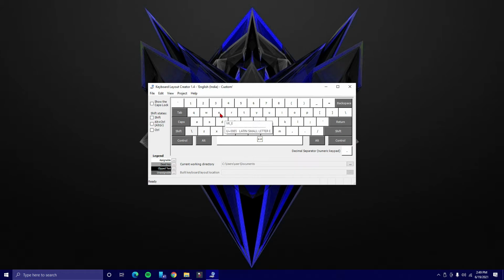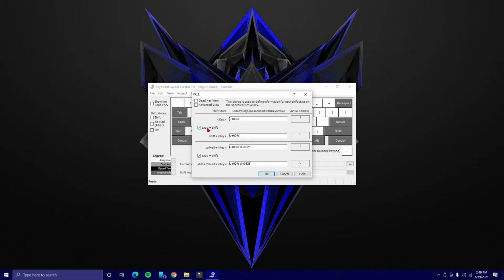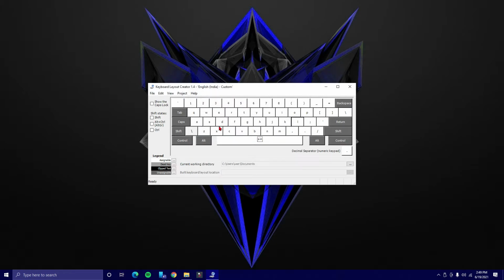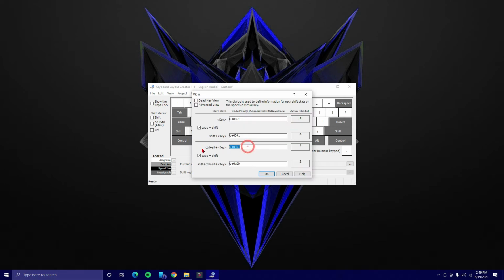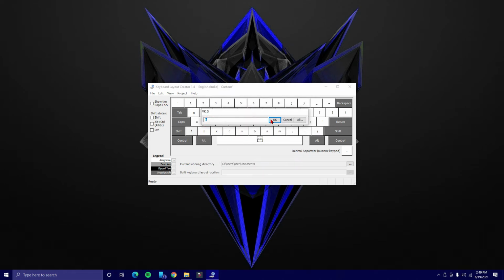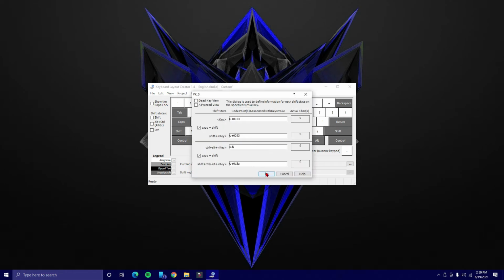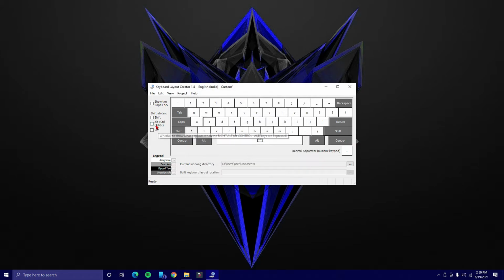There are also some cool shortcuts you can try. Click on a letter and click on all. Under the Control Alt section, you can reassign it to any letter of your choice or even a word. Here I'm changing it for L, A and S. Now when I click on that letter with Control Alt held, it types in a word. You can check it by clicking on the Alt Control box.